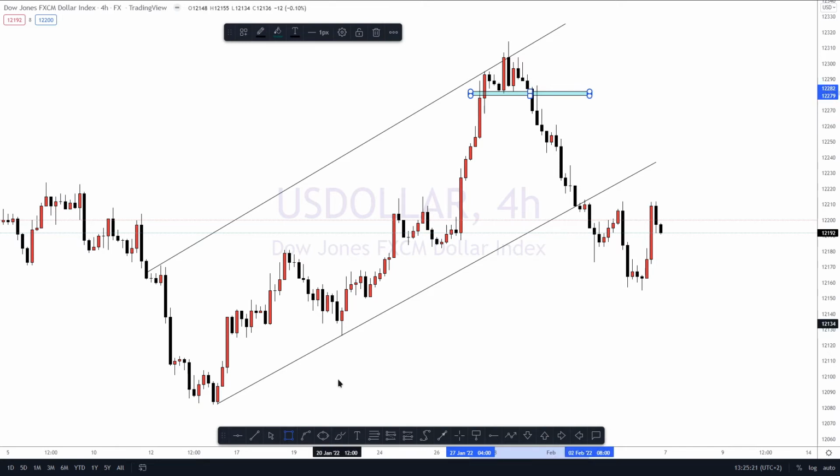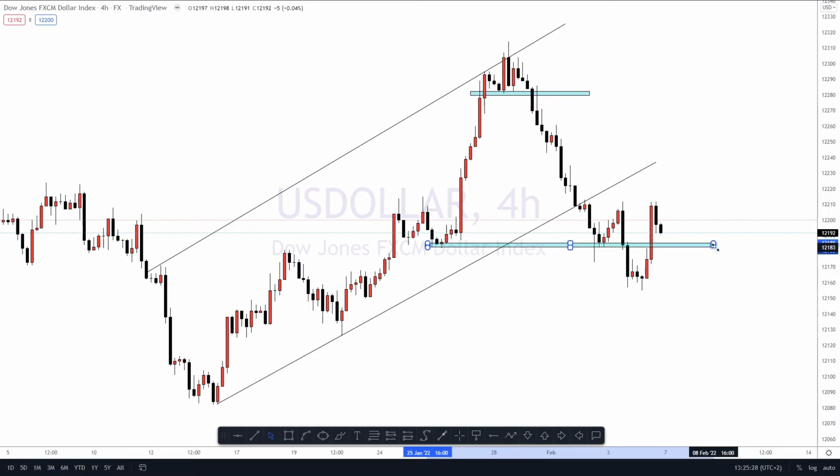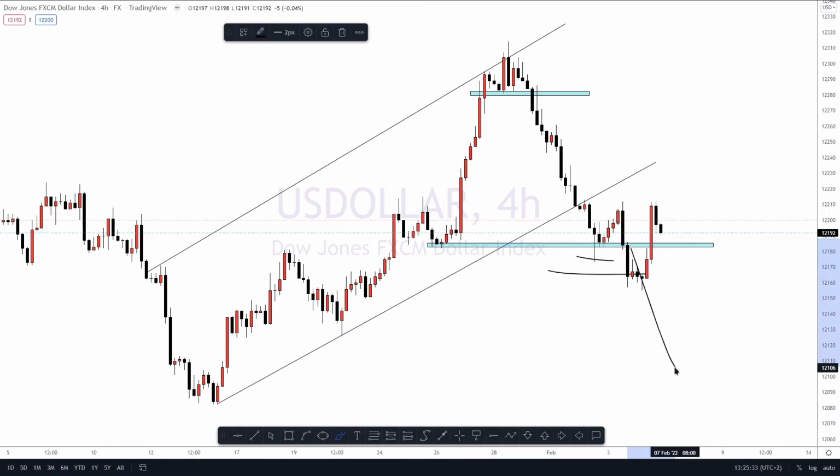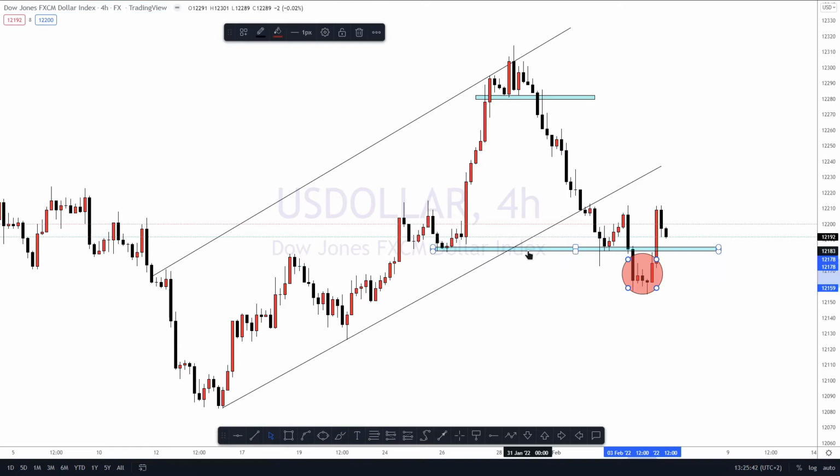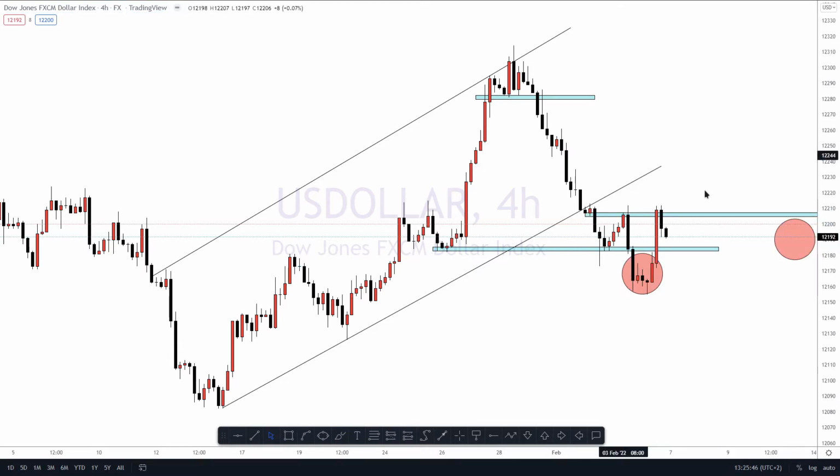But while this has happened, the move has already played out. We had this higher low, and we anticipated that price was going to break below the higher low and then see price chunking to the downside. Unfortunately, that didn't happen. We saw a fake out, and after the fake out, price created its own lower high here, and then tried to come back to the lower high. A lot of people would be trading it as a double top, but unfortunately, I'm not looking at it that way. I will show you why and how I am looking at it.